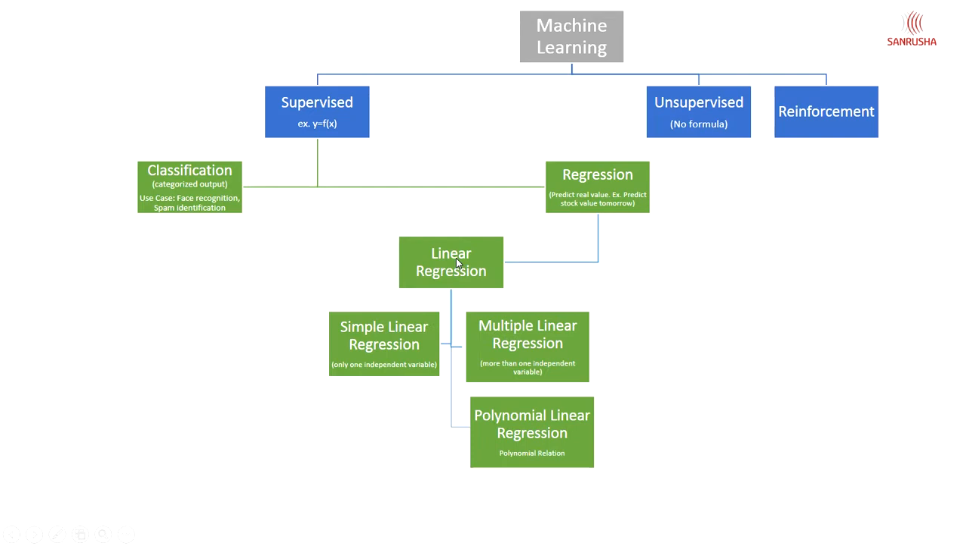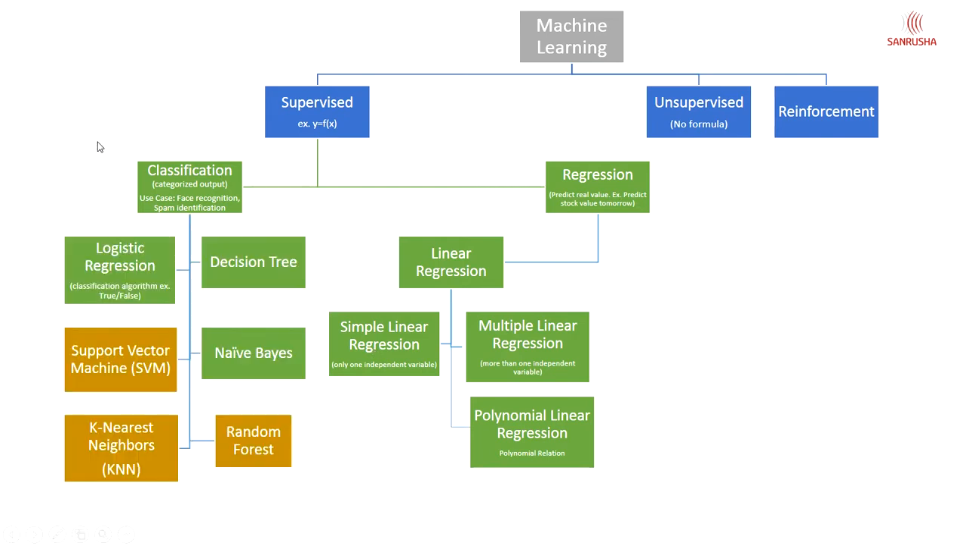You are going to learn about linear regression and different forms of linear regression: simple linear regression, multiple linear regression, and polynomial linear regression. Of course, you will know much more about this when you learn these techniques and you will have hands-on projects during this course. Likewise, in classification, you have logistic regression, decision tree, support vector machine, naive Bayes, k-nearest neighbor,